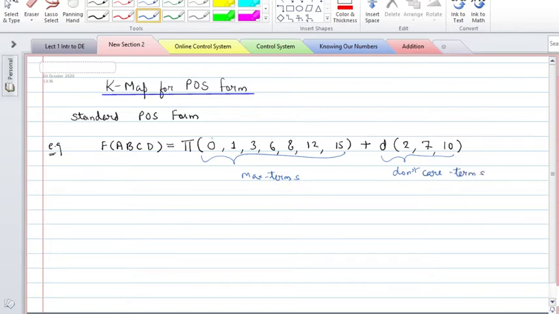So for each of these max terms, insert a 0 in the respective cell. Whereas for these don't care terms, insert either X or D that represents a don't care. So starting the solution,